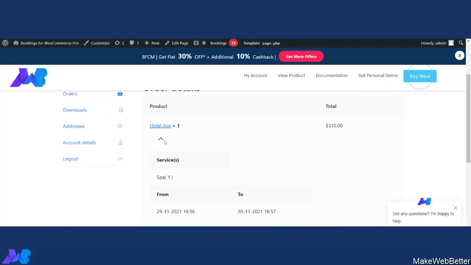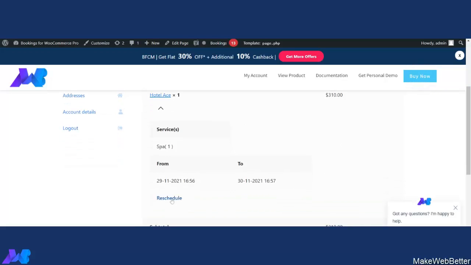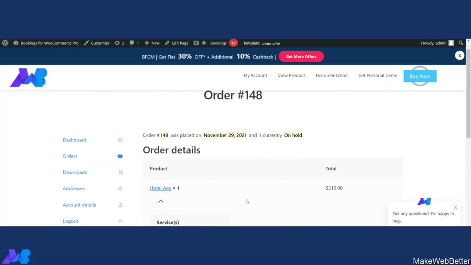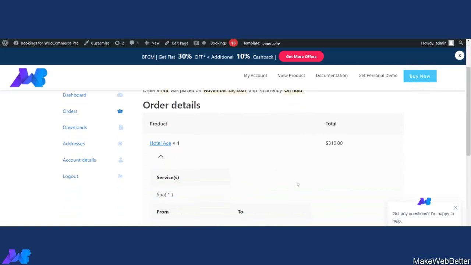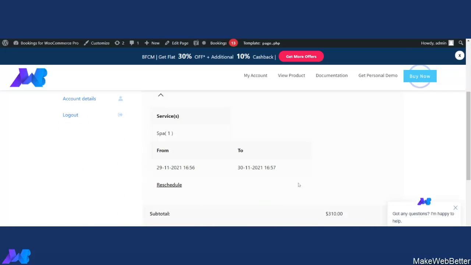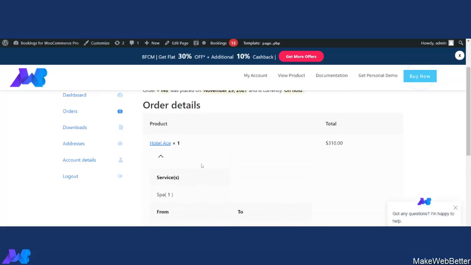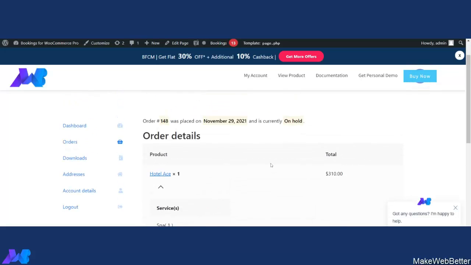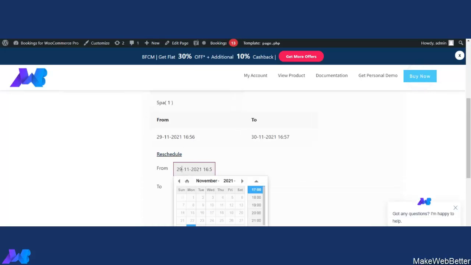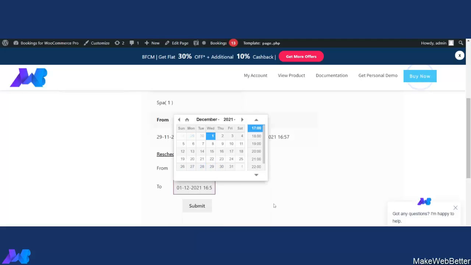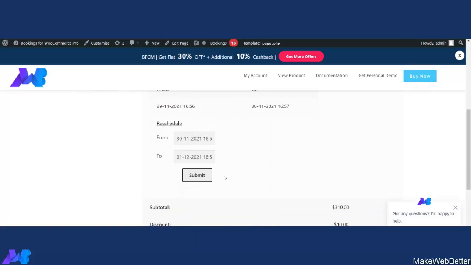When you click on this, as you can see, the option of reschedule is showing here, because for this particular bookable resource Hotel Ace, I have decided to allow customers to reschedule their dates. If you want to reschedule, you can click on this, click on 30, and here decide like 1, and click on submit.